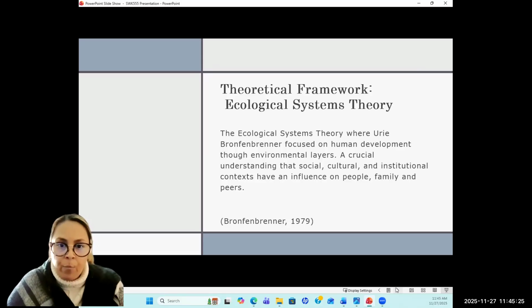Theoretical framework. I used the ecological systems theory of Urie Bronfenbrenner. I just love that.